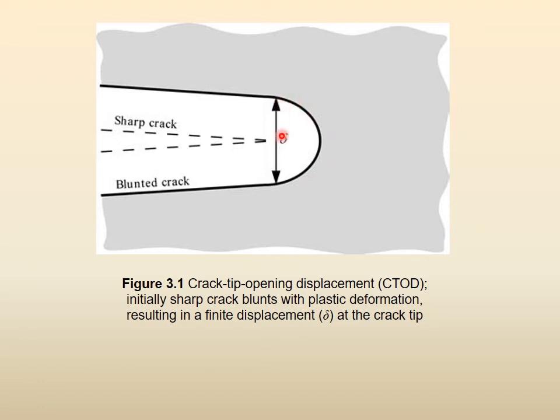So if you can measure this, that if this is a semicircle, then what is the diameter? This. So this is the opening of the crack tip, CTOD, crack tip opening displacement, called delta or CTOD. So if you measure this, this can be used to define fracture toughness of these type of materials. So if they are elastic plastic materials with higher ductility and higher toughness, then you experimentally measure this value of delta for different materials, and then you can compare that this has more fracture toughness and the other has more fracture toughness, right?